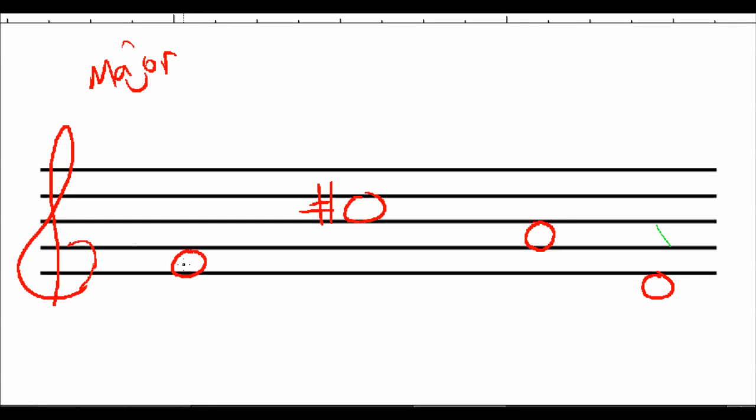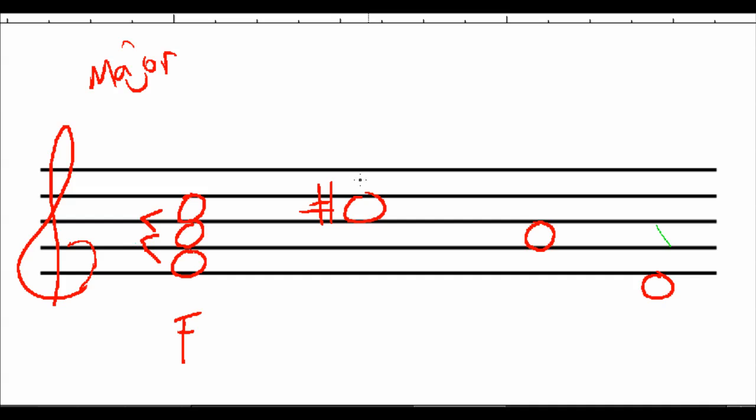So the first one is an F. We're going to spell an F major triad. When you spell a triad, notice that they're always stacked in thirds. This is a great way to look at what we call root position, where the root of the chord is on the bottom. The root of the chord is the bass tone. And we stack them as thirds. So this one, in case this is an F, and we want F major, there it is right there. We have a major third between the root and the third, and a minor third between the third and the